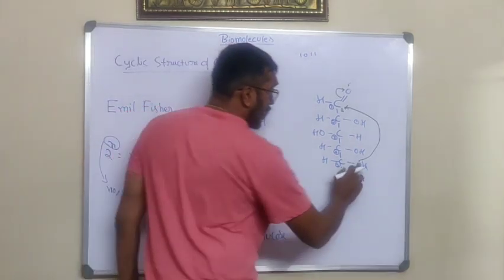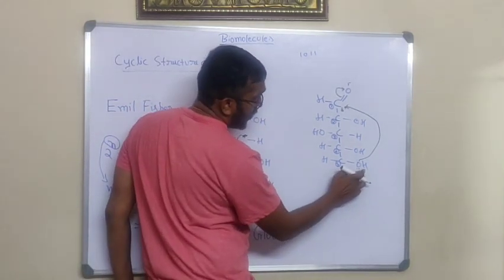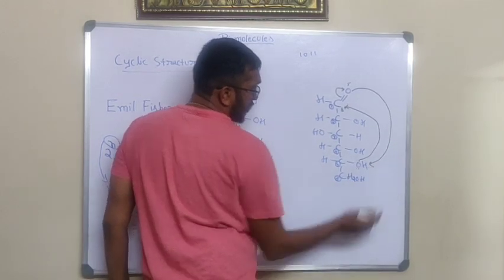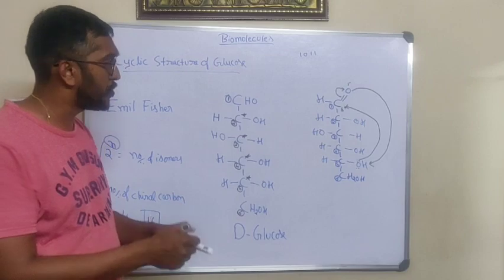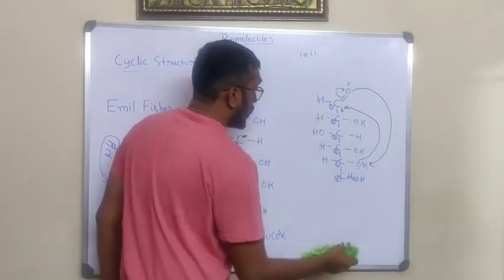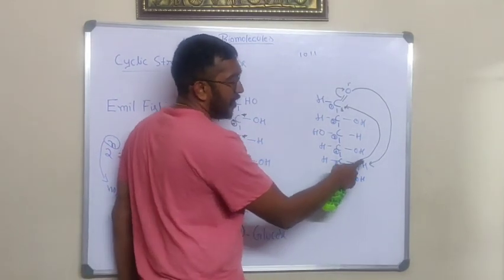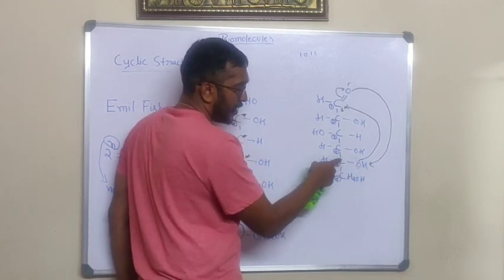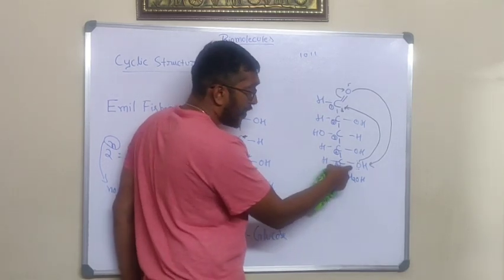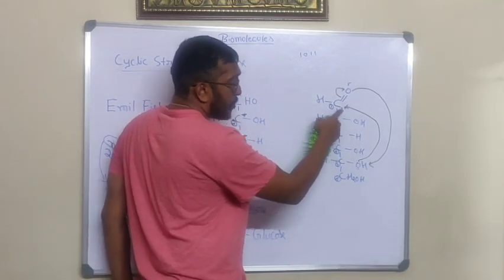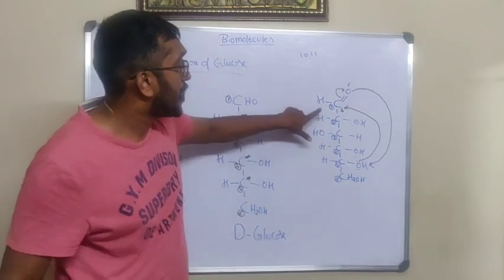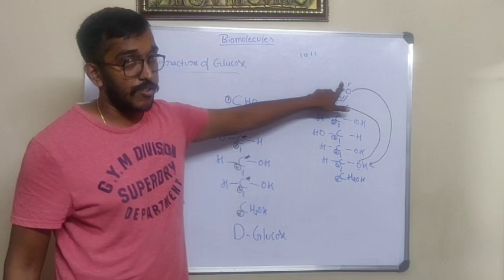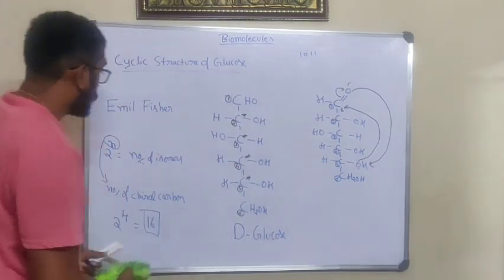Clear? This hydrogen is going to be abstracted by the oxygen. Very simple, no confusion here. Again I am going to explain. This oxygen has lone pairs, and the OH group on the fifth carbon is going to activate. It will attack the partially positive first carbon atom. So this double bond will be converted into a single bond with oxygen. Then what product are we going to get here?